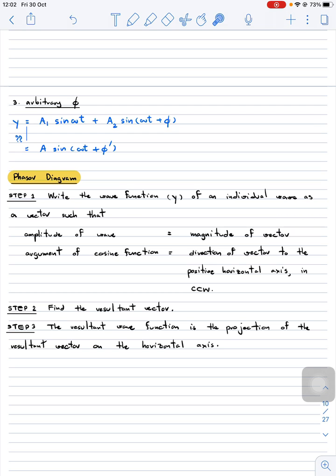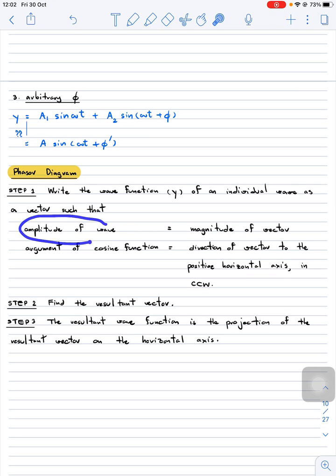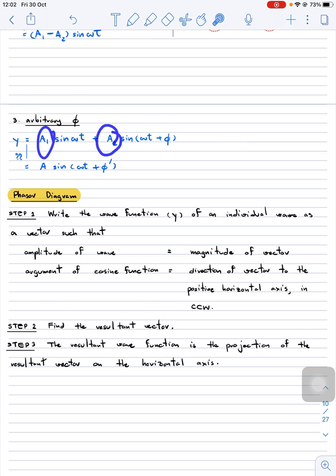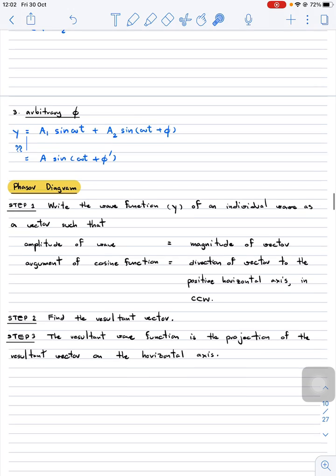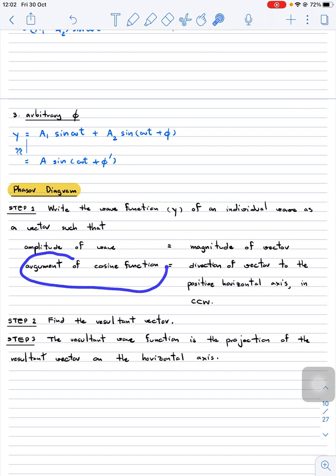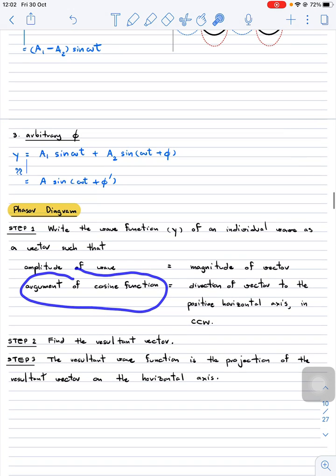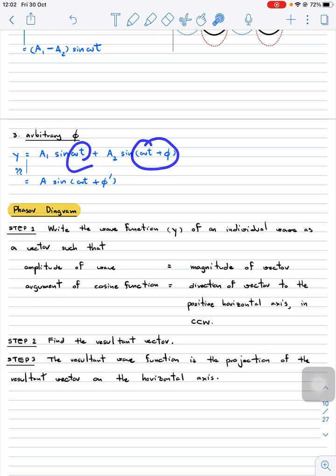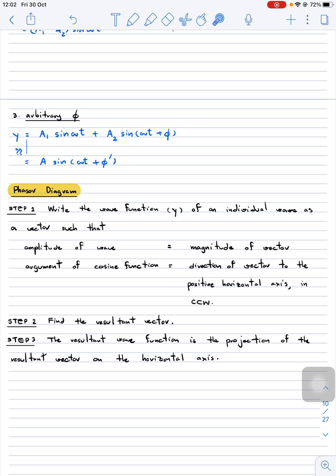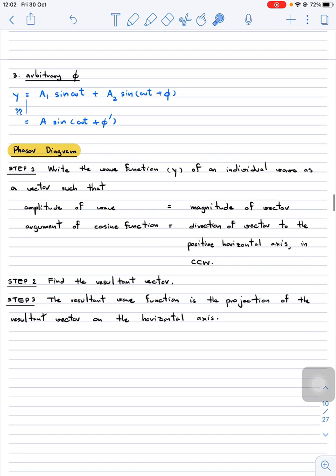So we're going to write down the wave function as a vector such that the amplitude of the wave will represent the magnitude of the vector, and then the argument of the cosine function, this argument, will be the direction of the vector to the positive horizontal axis in the counterclockwise direction. Okay, so that's going to be the